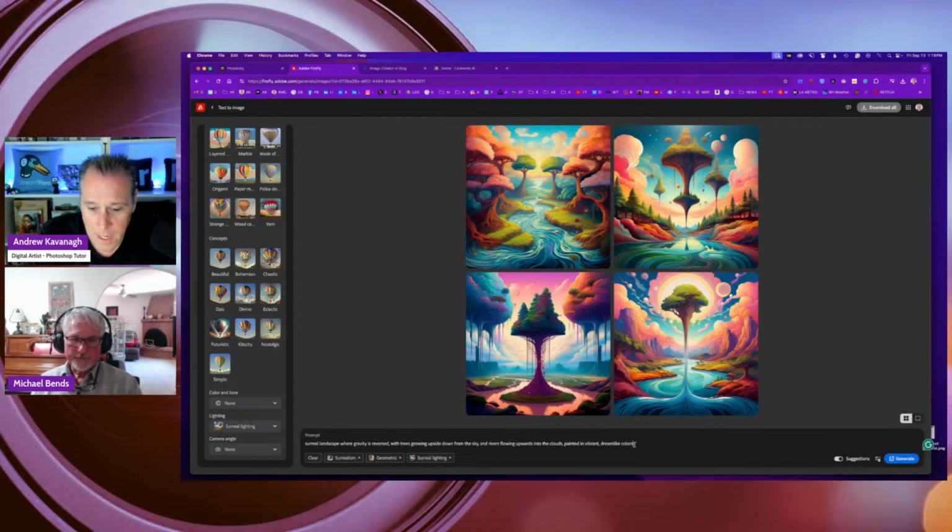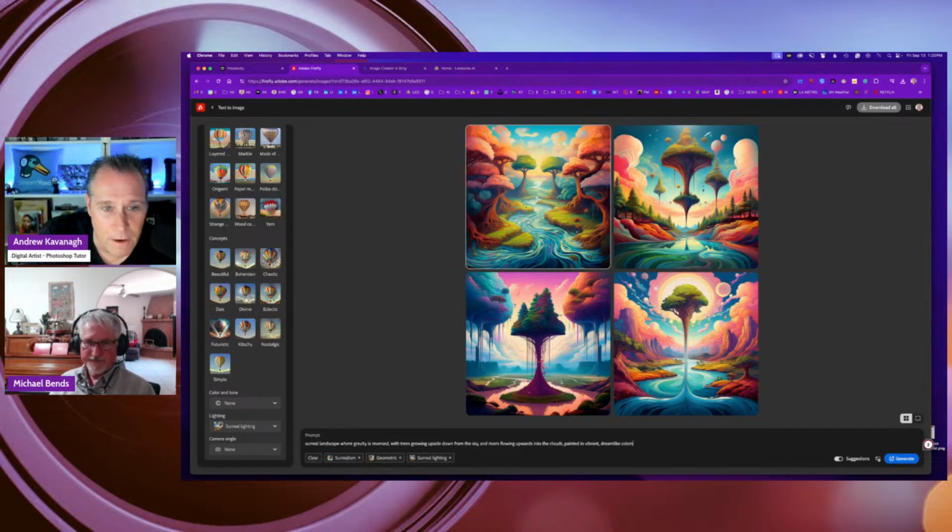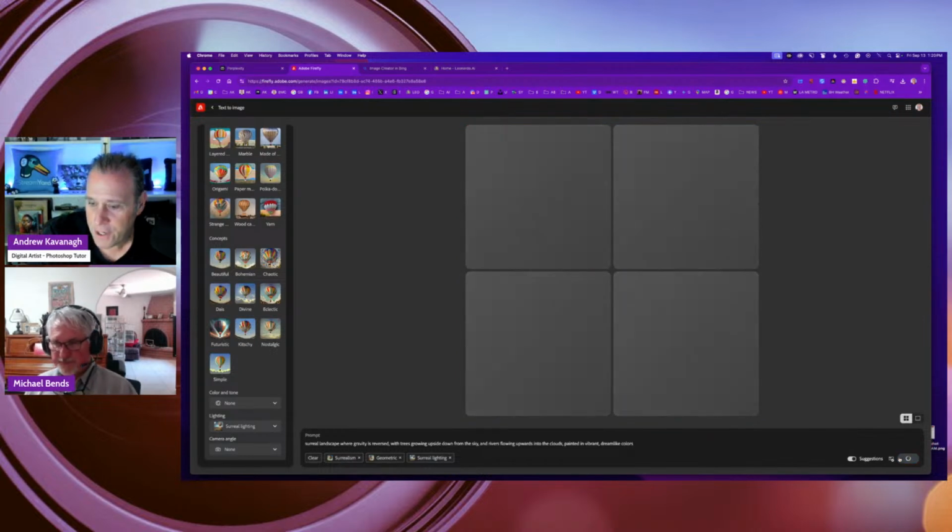So just to follow through with what I started, these are the images I started with. Also, it's good to know that if you liked the whole series, you can go to that top right area and click download all. One click of download all will download all four of them for you. Now, in this case, I did add geometric and surreal lighting, and I think I also clicked on surrealism for the theme, the art style. Therefore, it hasn't been applied yet. So I'm curious. Now that it's added those elements and it shows you little tabs here, I'm going to hit the generate button and see if it's any different.